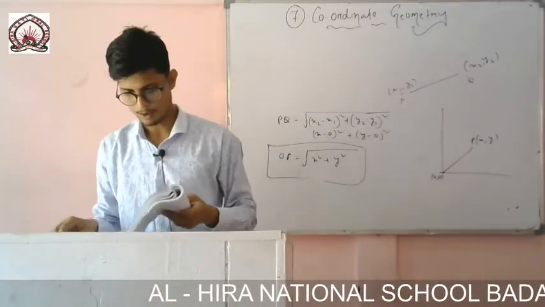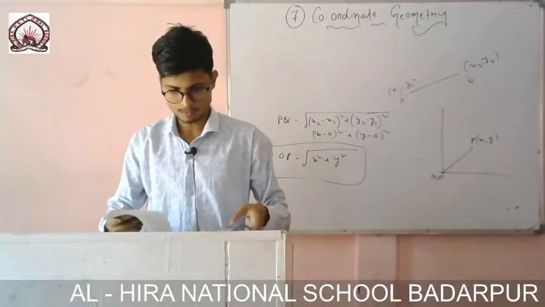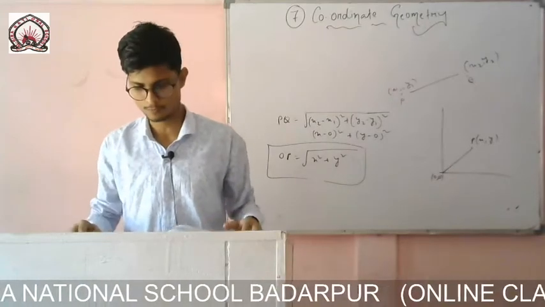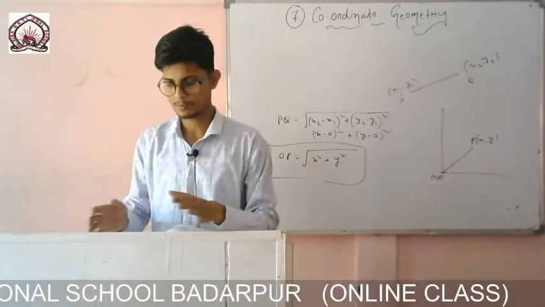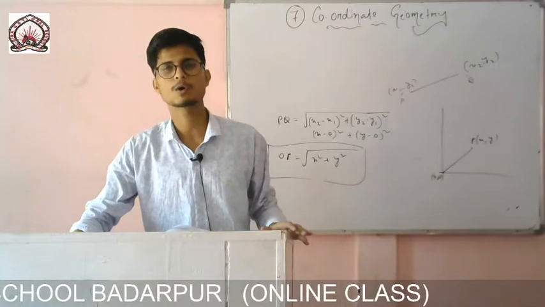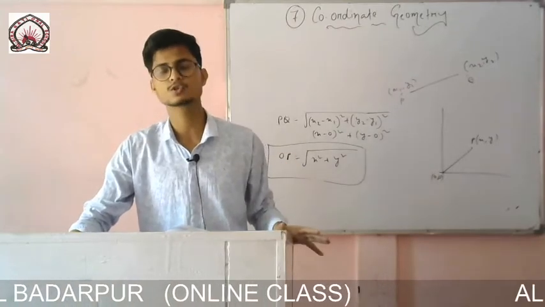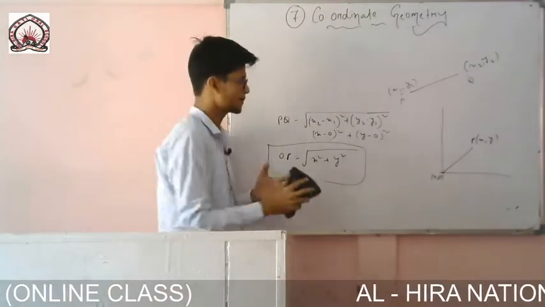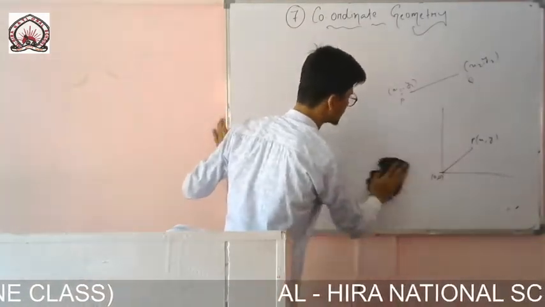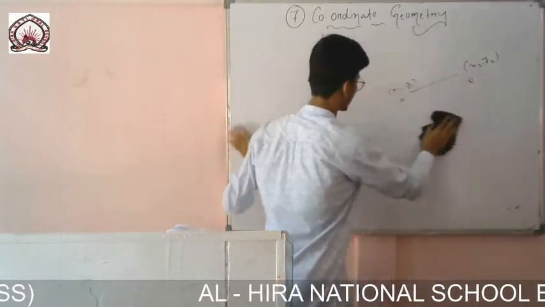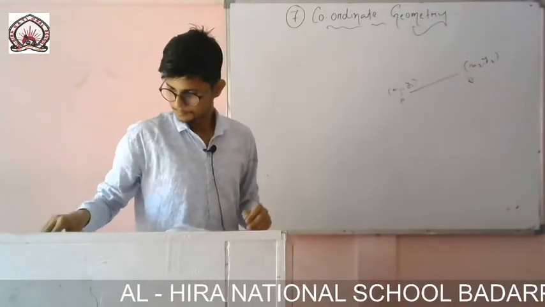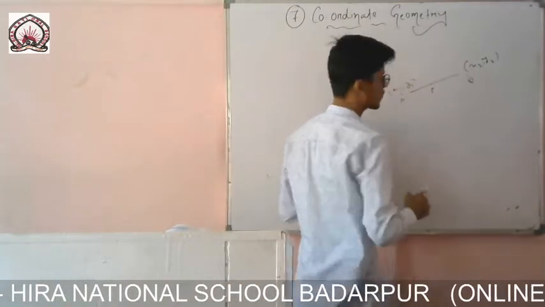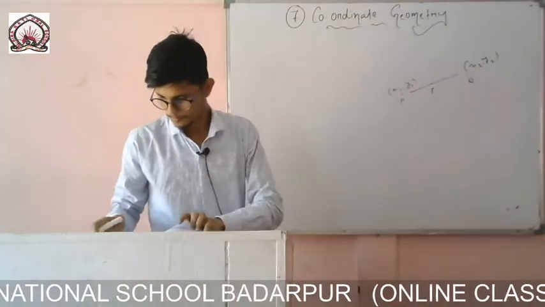Okay, so today we will discuss the next topic, that is the section formula. So what is the section formula? The section formula gives the coordinate of a point which divides the line joining 2 points in a ratio, internally or externally. So if I give a point here somewhere, let me call it P.